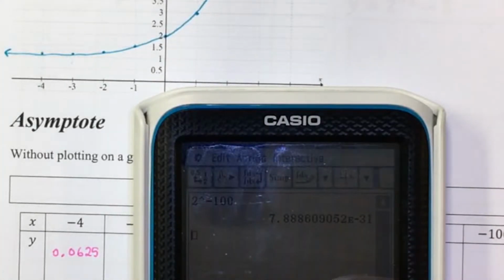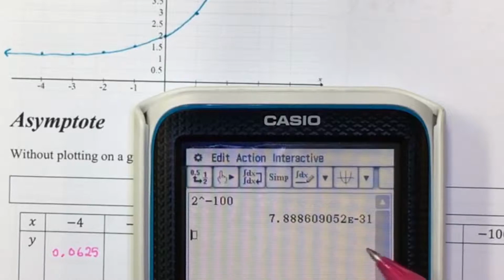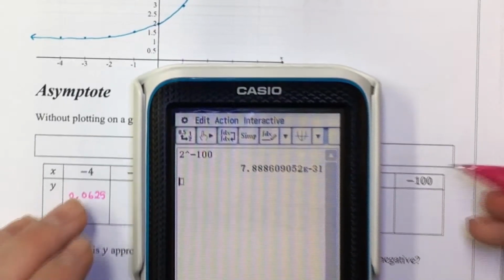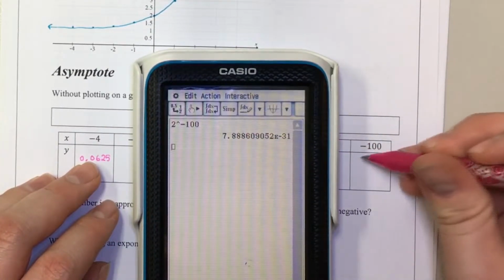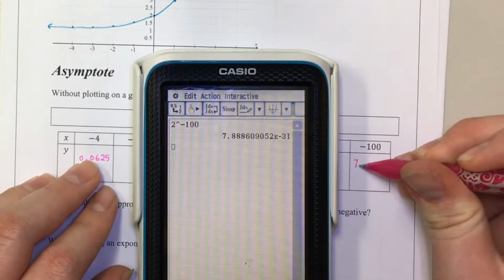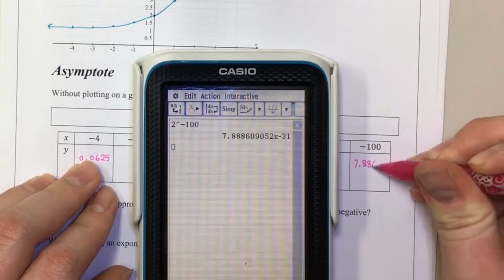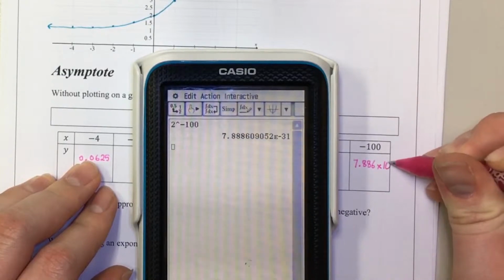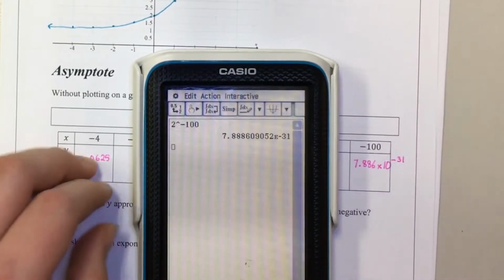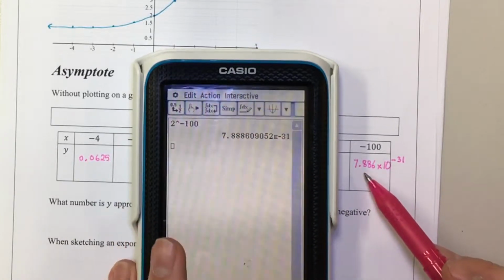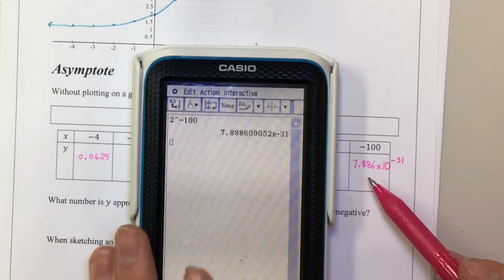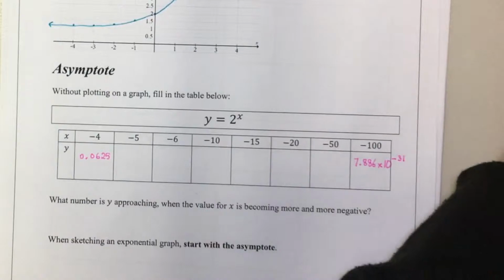Is it Euler's? Not quite. What that little e actually means is times 10 to the power of. So what this is actually saying is that when x is equal to negative 100, this is 7.886 times 10 to the negative 31. What does that mean? If you might remember last year with exponentials or scientific notation,